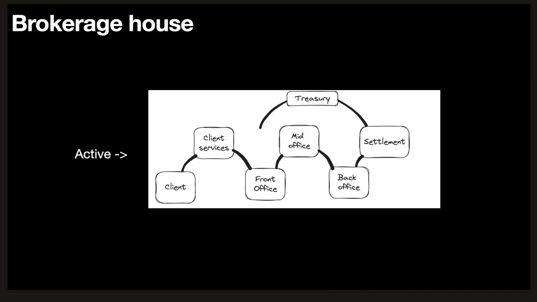Let's start with a simple block diagram, which describes the skeleton of the broker. There are six main functions of the classical brokerage house. We'll not dive into IPO financing, and we'll just focus on the brokerage services. It's quite straightforward. Here's the client who sends the request. The request is picked up by the client services and forwarded to the front office. The front office processes the instruction, makes the risk check and makes the trade, and then passes the trade to